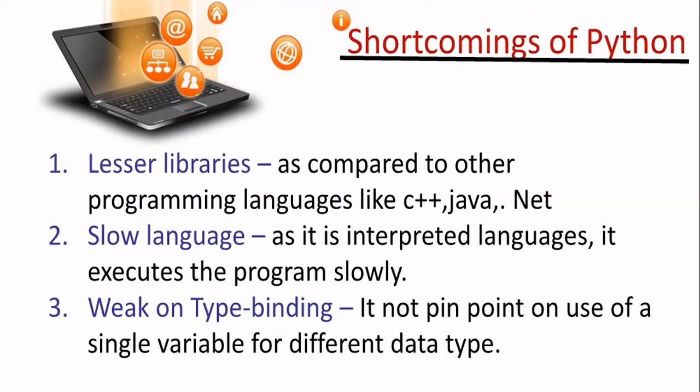Type binding or dynamic typing is an advantage and a disadvantage. It is not pinpoint on use of a single variable for different data types, like it is in other programming languages. So most of the shortcomings become a shortcoming when you compare it with other languages. Okay,